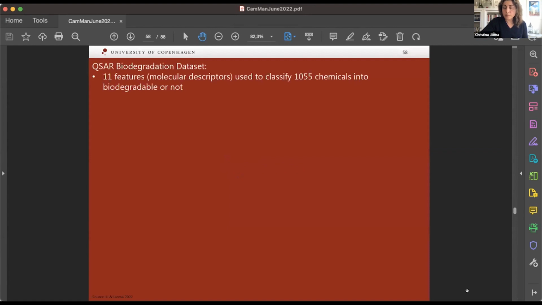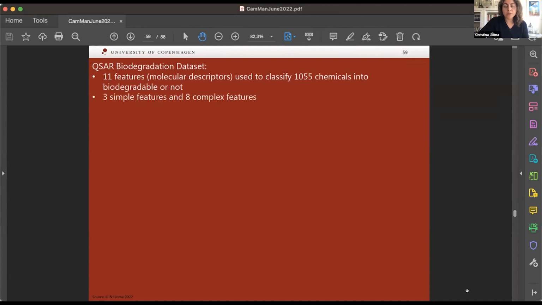Now, having this definition of feature complexity on real data, we do some experiments also on some real data sets. I'm going to show some findings on a biological data set that consists of classifying chemicals into whether they're biodegradable or not. So we have binary classification, and the features of those chemicals are molecular descriptors. In the version of the data set we used here, we have 11 features and 1,055 chemicals.